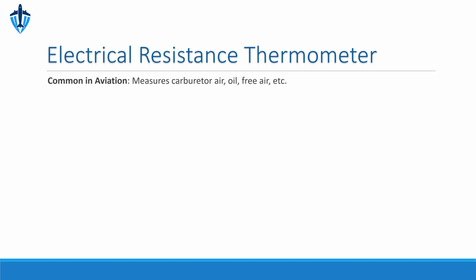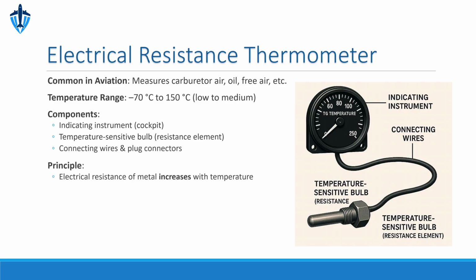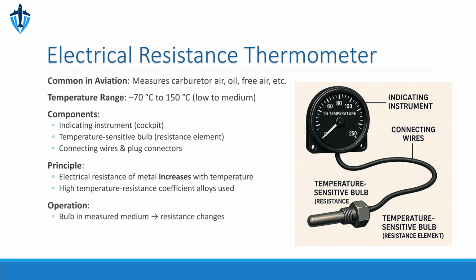Electrical resistance thermometers are widely used in aircraft to monitor critical temperatures like carburetor air, oil, and outside air, especially in the -70 to 150 degrees range. The system includes a cockpit indicator, a sensing bulb made of special metal alloy, and connecting wires. The key principle: most metals increase in electrical resistance as temperature rises. Alloys with a high temperature resistance coefficient are chosen for sensitivity. The bulb is placed in the fluid or area being measured. As temperature changes, so does resistance. This signal travels to the cockpit, where the gauge reads directly in degrees Fahrenheit or Celsius, not ohms, giving pilots